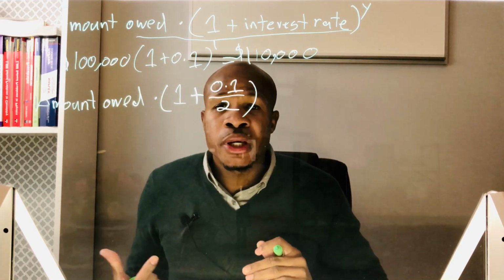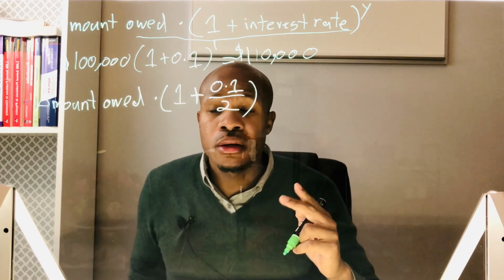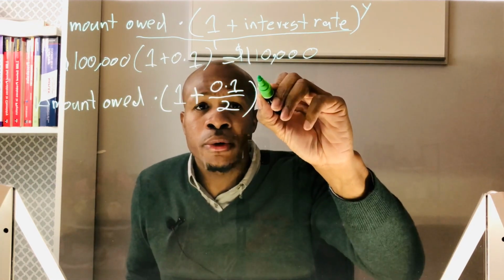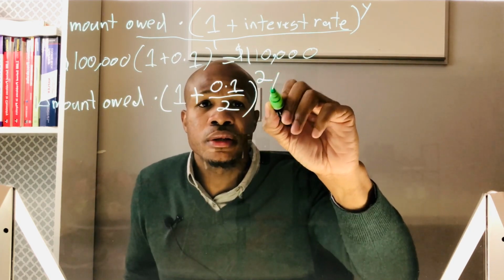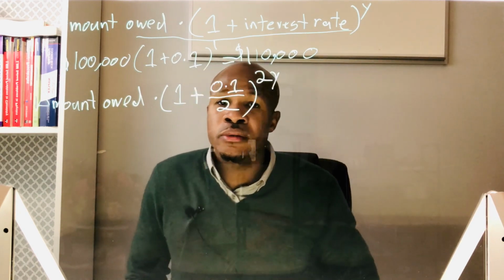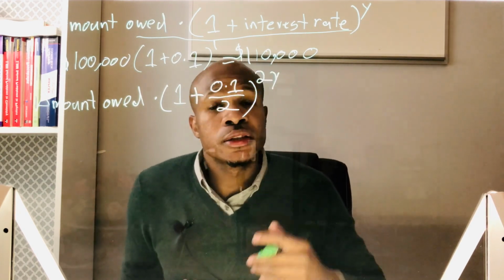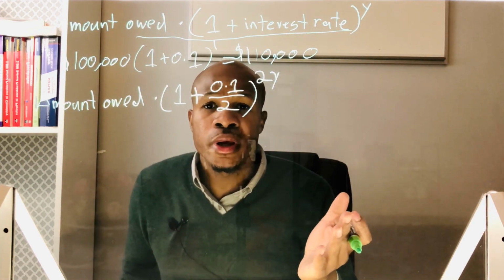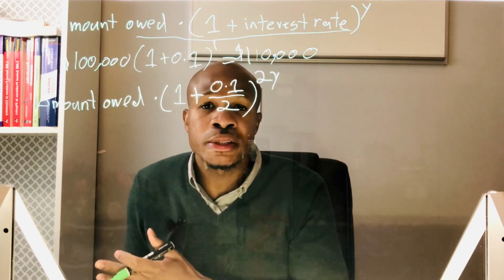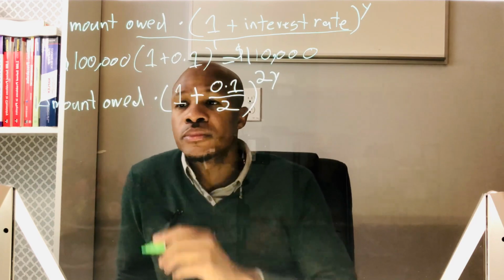And because we're going to be compounding this interest twice in the year, we're going to raise it to a power of 2 times the number of years of accrued interest. So after 1 year, how much money would you owe if, again, you borrowed $100,000 at the beginning of the year? Okay, that would be